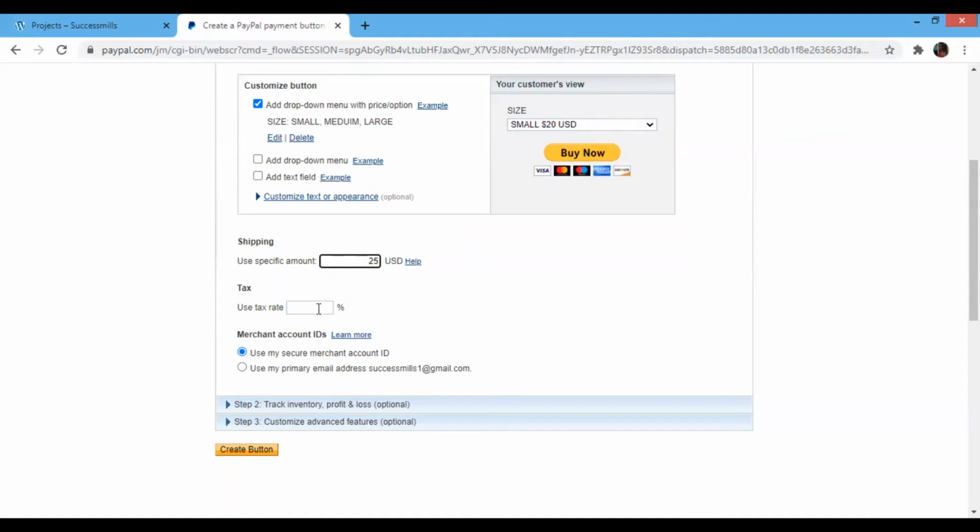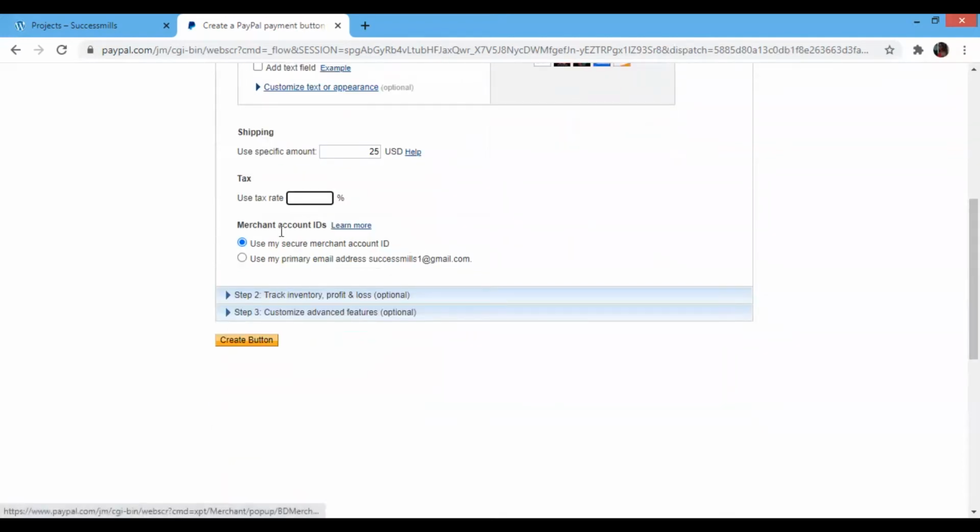And you can go ahead and add in your tax rate. If you're not sure about that, you go ahead and research about that. When people purchase, you can choose whether you want to use your merchant ID or use your primary email address. Basically, I suggest you use your merchant ID because it's a lot more secure than using your primary email address. And you can go ahead to step two,